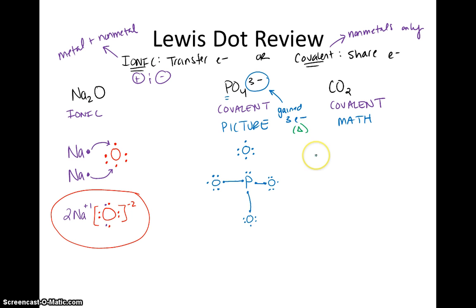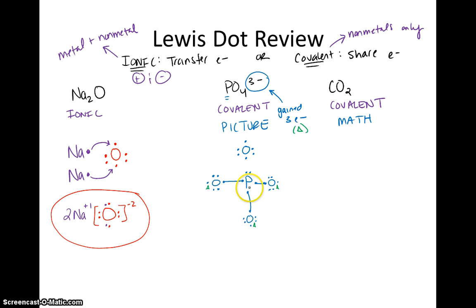And if we think about it, if I need to put 3 electrons in, and these 3 atoms are only 1 electron away from being happy, I can put my extra electron on each of those atoms. So now my O has 2, 4, 6, 8 and is happy. This O has 2, 4, 6, 8 and it's happy. And this O has 2, 4, 6, 8 and it's happy. But now we got to deal with this guy here because we need to hook this O into our picture,